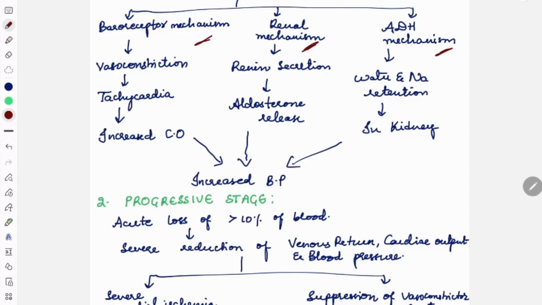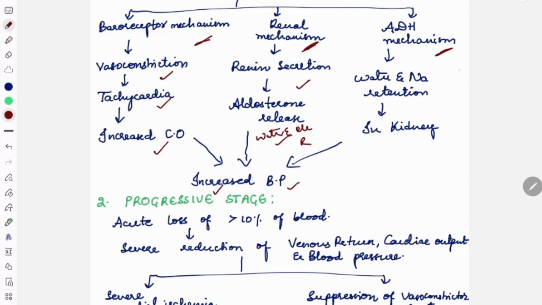So this baroreceptor mechanism is a short-term type of regulation that will lead to vasoconstriction, and increase the heart rate, that is called tachycardia, that will ultimately lead to an increase in cardiac output, that will ultimately cause an increase in BP. Now the renal mechanism, the renin secretion, will lead to aldosterone release, that will lead to increased BP by causing water and electrolyte retention,